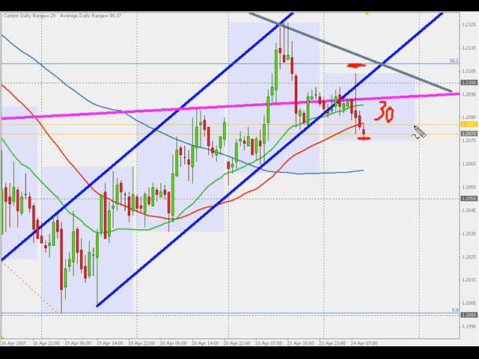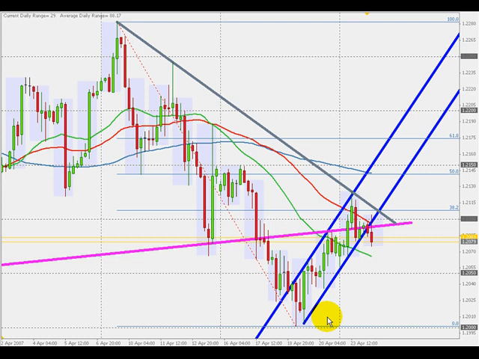Now let's talk about targets. First target is going to be the low of the 4-hour swing down here, which also we see that the 120 support area is going to be around there. So I'm going to put my first target about 5-8 pips above that, right there, for 70 pips first target, and then I'm going to close out half of my position there,